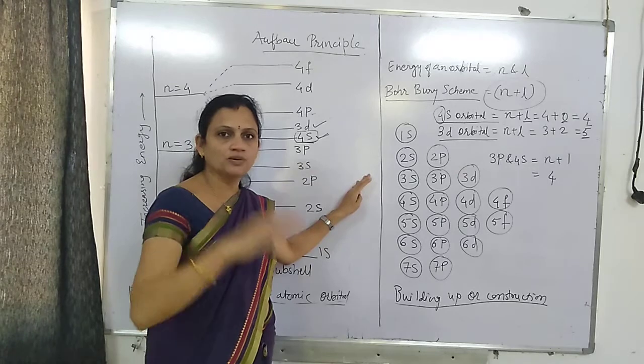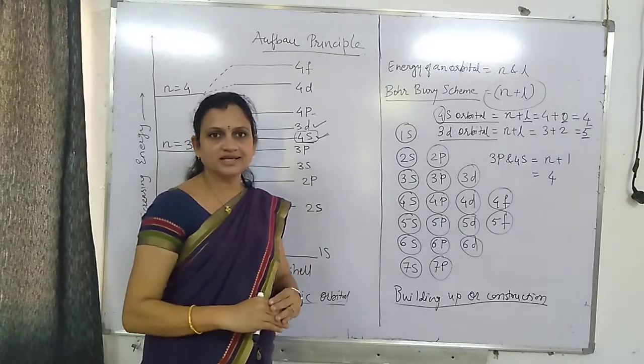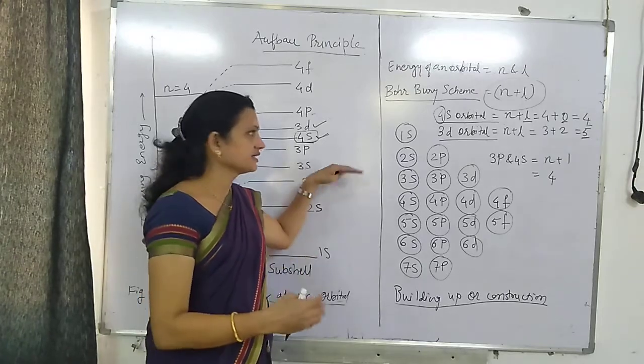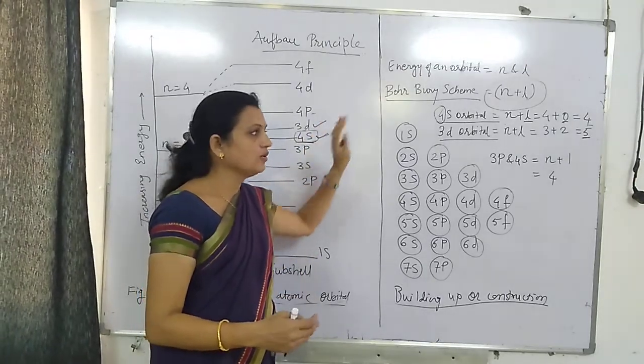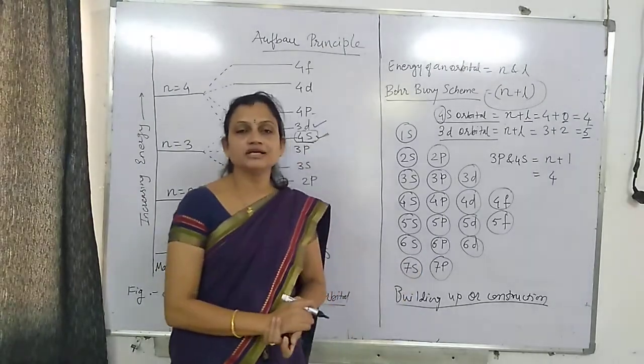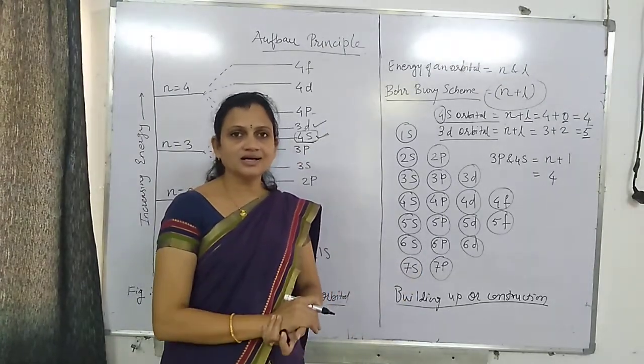the orbital whose n plus L value is lower, we will write it first, and the one whose n plus L value is higher, that we have written next. Now again, one thing is that if the n plus L value is common,